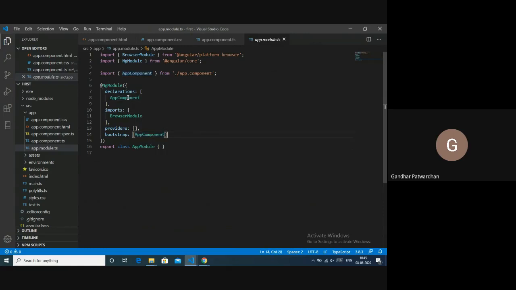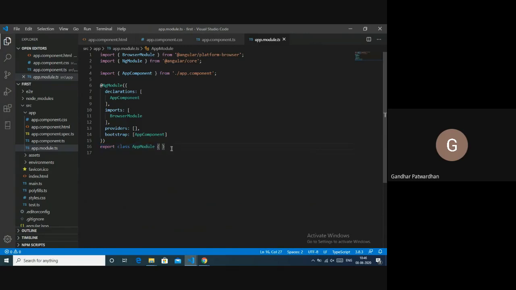In the same way, this declarations array has also been filled by Angular itself. We'll come to them one by one. Our focus today would be on this declarations array, so we'll always keep checking what happens in it. After that, we only have a very simple class, which is app module. Nothing is happening in this.